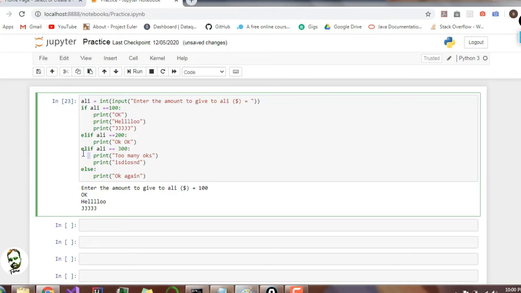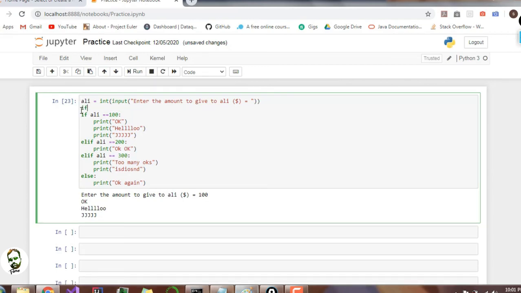Okay. Now, supposedly, there's a thing also called nested if. I want this whole part to only run if Ali is greater than 0. Obviously, as I said before, money cannot be less than 0, or it can only be equal to 0 or greater than 0. So after writing this, I will need to add 4 spaces. You can just press tab and it will automatically add 4 spaces.